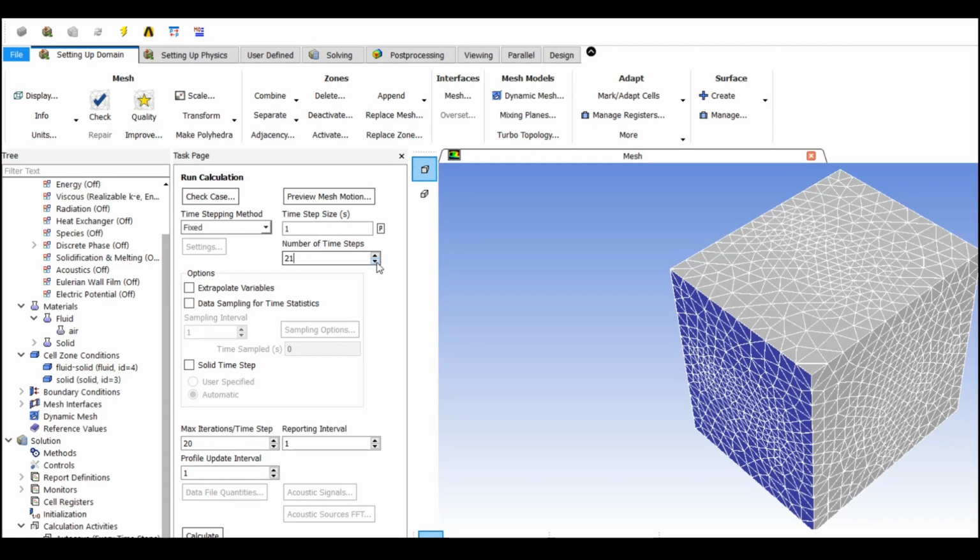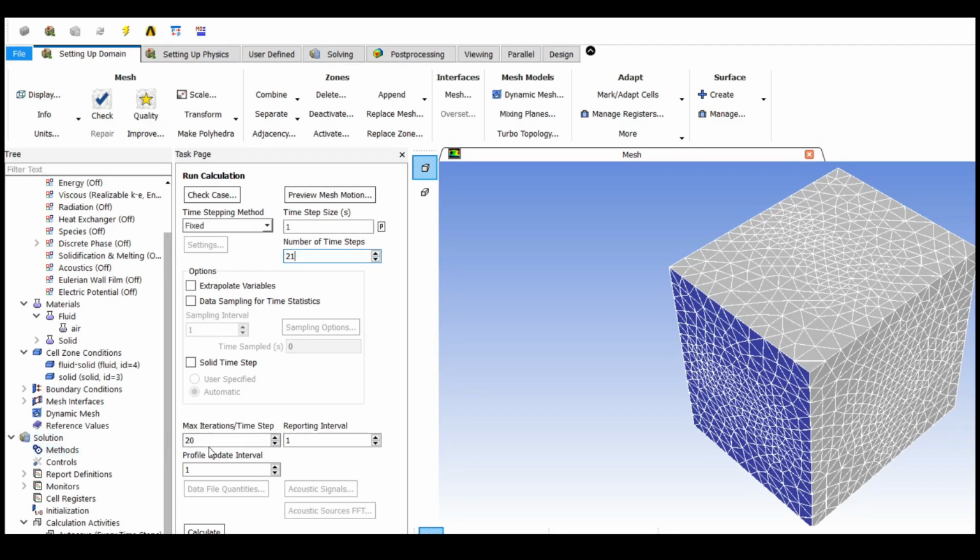The more time steps you give, the more well defined the result will be. Then the maximum number of iterations is to be set. I am setting it to 20, and the reporting interval to 1. After all those things, we can calculate.